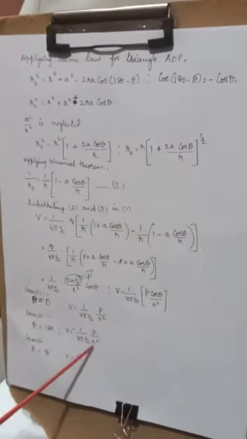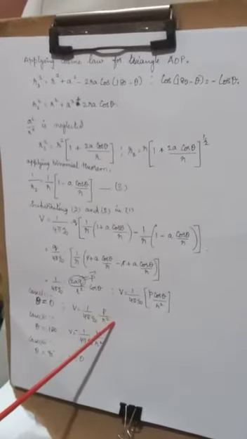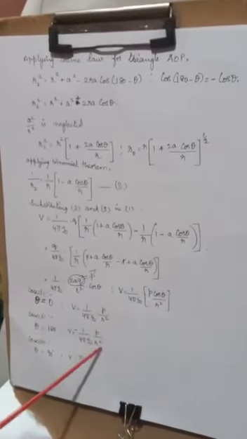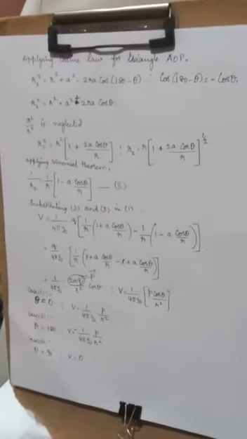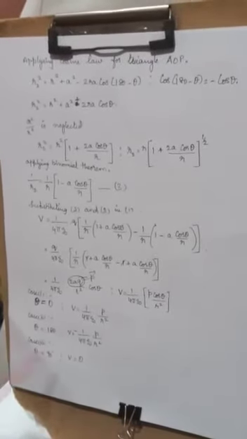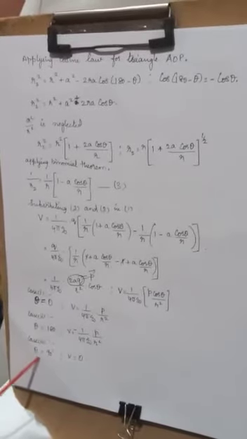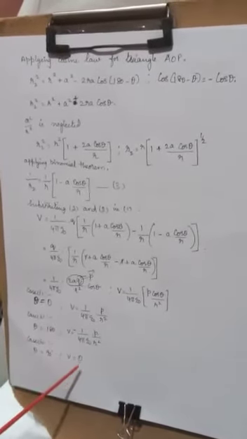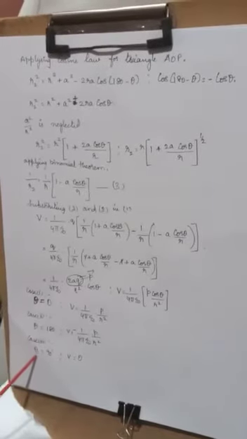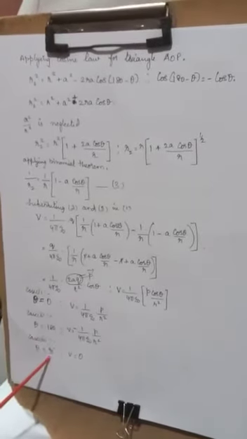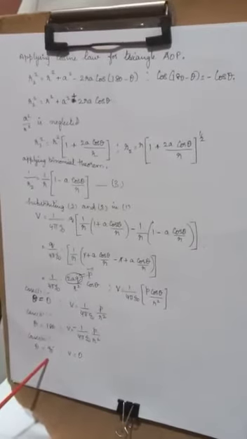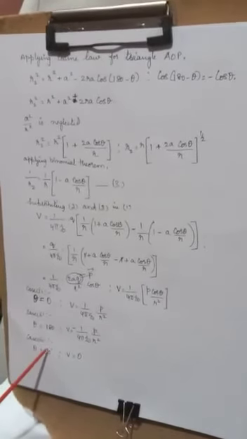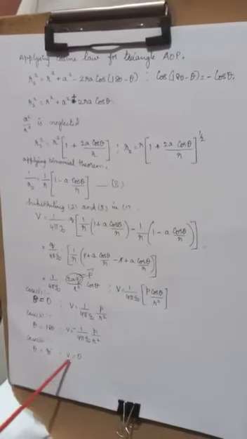This and all are the conclusions. This is in the positive side, so you have the point in the right hand side. This is negative side, where the point is along the dipole in the left hand side. But if theta is going to be equal to 90, then v turns out to be equal to 0. There is no potential if the theta value is 90 degrees, that is when it is at its equatorial line. If the point of consideration is at the equatorial line, then there is no potential.